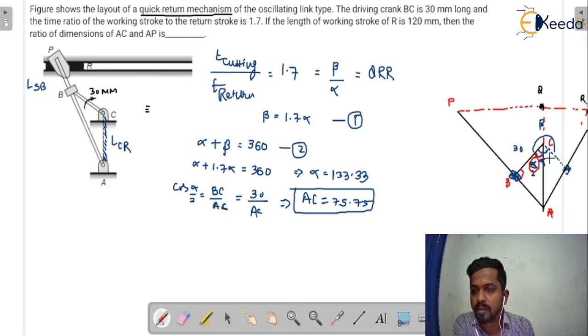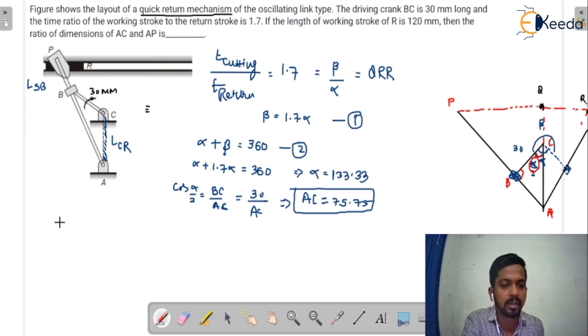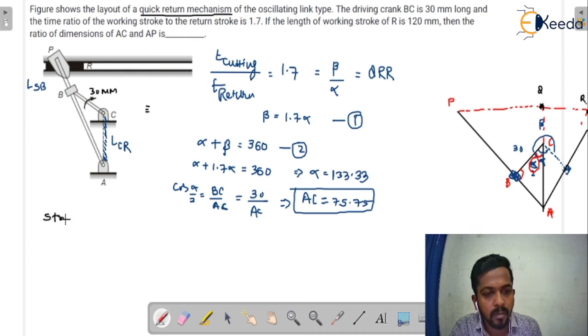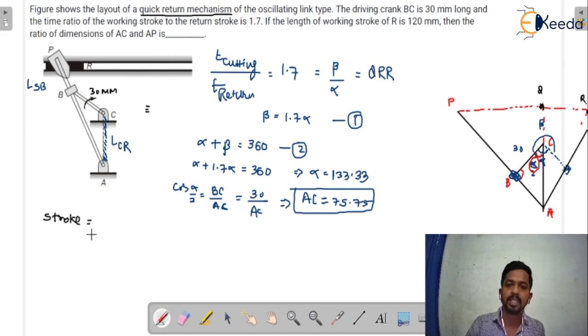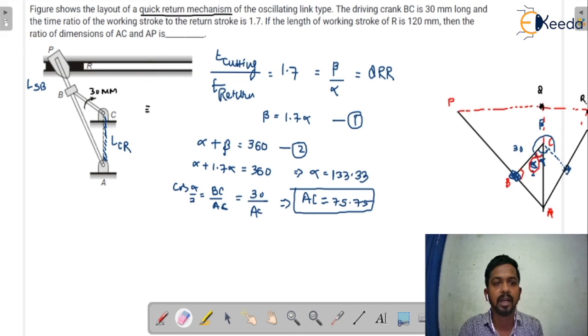So if Q is the midpoint of PR, the stroke is given in the question, that is 120 mm. You can solve it by using the formula of the stroke also, it would be easy to calculate. So I'm going to just apply the formula, otherwise you have to solve the question using the diagram in a proper way, and that would become lengthy. So I'm going to apply the stroke formula because the stroke is given in the question.